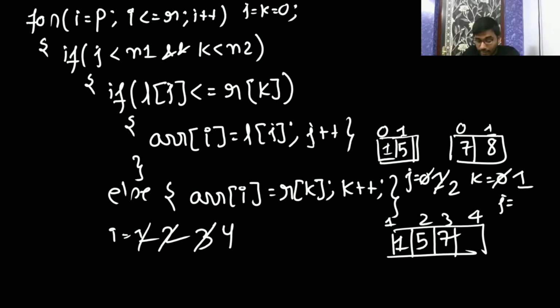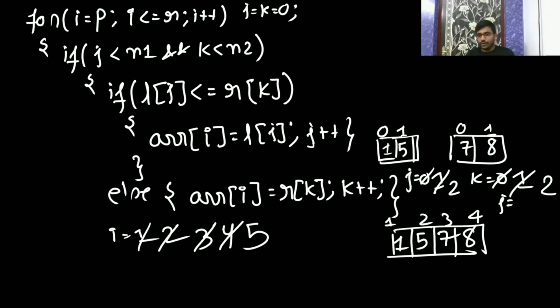Now I can see why I was not required in the while loop. Now again 4 is going to satisfy. I equal to 4. 4 is smaller, yes, it is smaller. This condition is false because J is equal to 2. It's not smaller. In the else part, it will insert the right element 8. Then J will be 2 and I will be 5. 5 is smaller than or equal to 4? No, it will go out of the loop. So this is also one case.